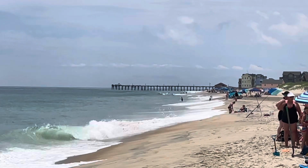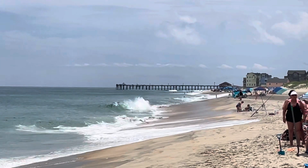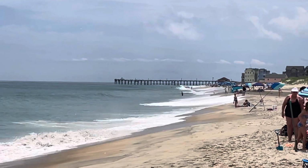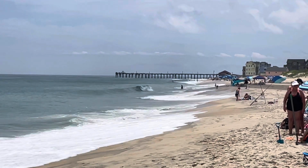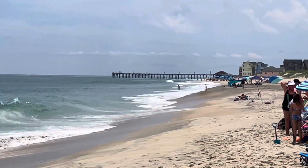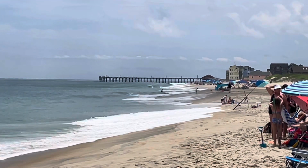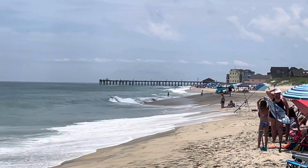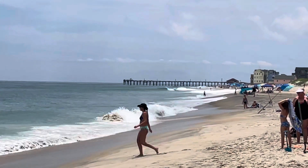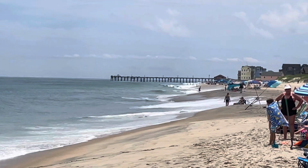And as I do often, I'd like to conclude this wave report by expressing my hope that everyone does everything they can to help speed the transition to clean energy, being wind, water, solar, and electric vehicles. This will help defend our coastlines from the impacts of climate change driven by fossil fuel burning, those impacts being sea level rise, which we see here in the Outer Banks quite acutely with a number of houses threatened by sea level rise. More intense storms, and here in the Outer Banks we are much more concerned about strong hurricanes